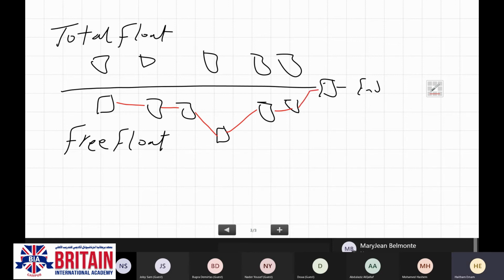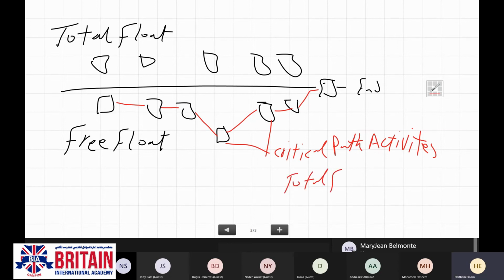So any activity on this critical path is going to be called critical path activities. Any activity on that path will have total float equal to 0. Free float 0.